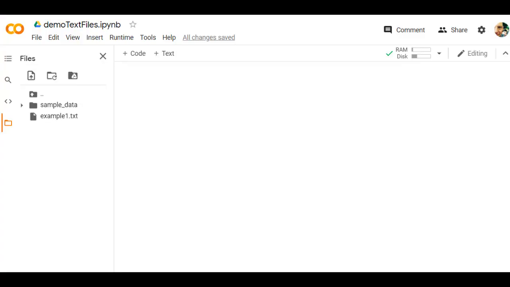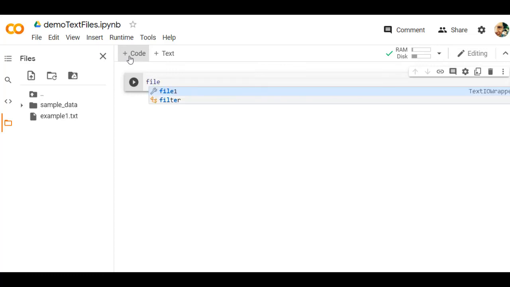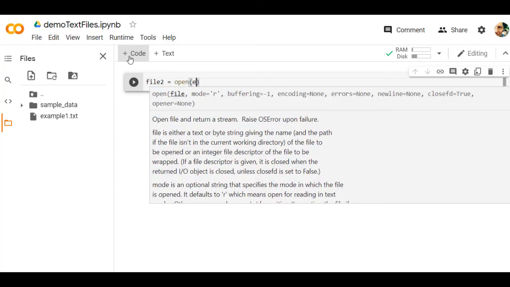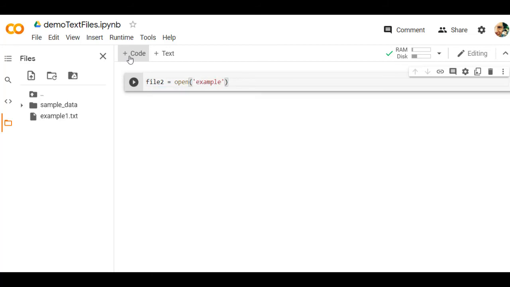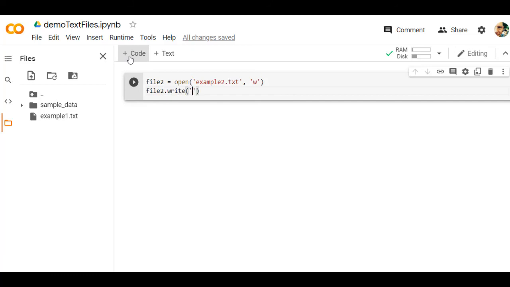Okay, next I'd like to show you how we can create a new file and write to that file. So let's take an example here. Let's say file2 for change is equal to open, and if that file does not exist, it's basically going to create it. Okay, so let's say here example2.txt, and this is for writing purposes. Okay, and what I can add here, just one line at a time, is file2.write. This is a text file,